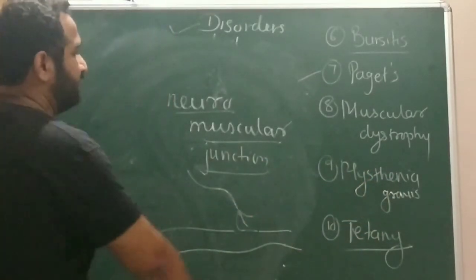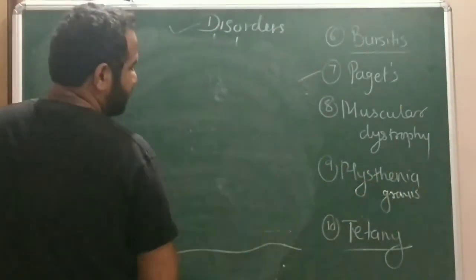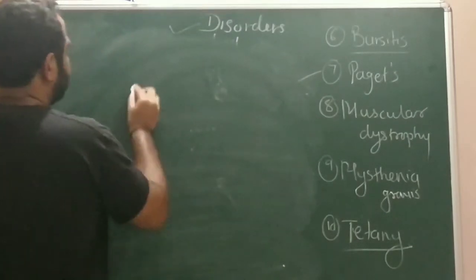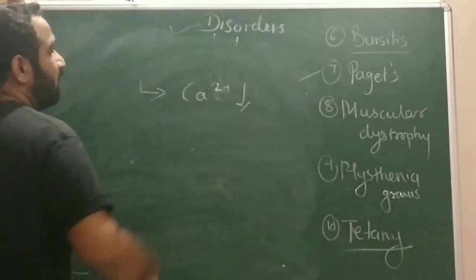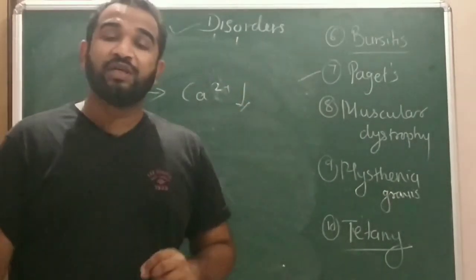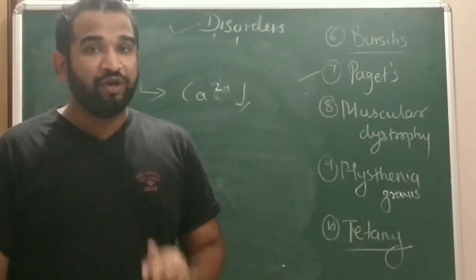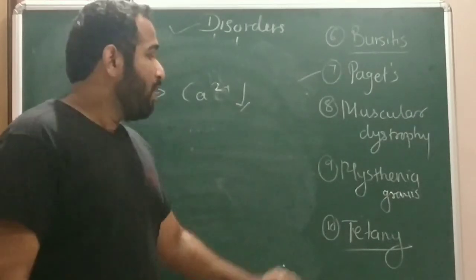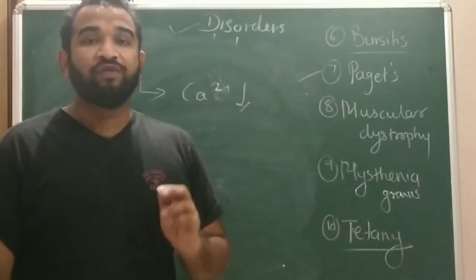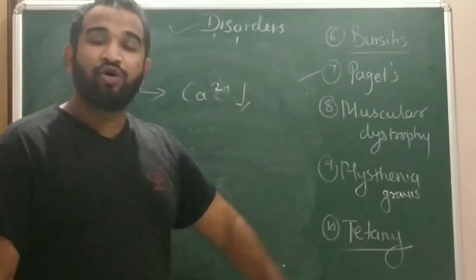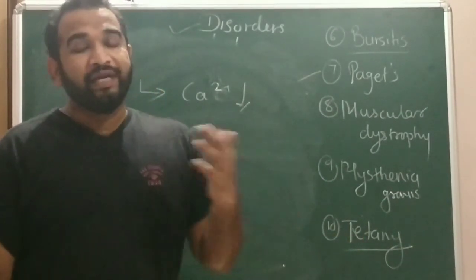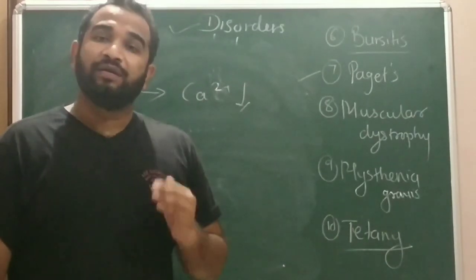Next one is tetany. What happens in tetany is that when the calcium level inside the body fluid reduces, at that time, wild contractions of the muscles take place. This condition is called tetany. It can be overcome by increasing the calcium